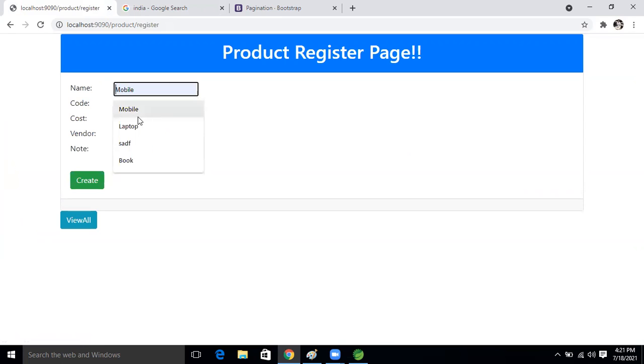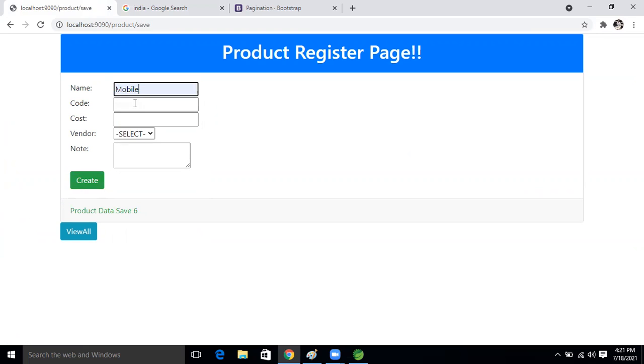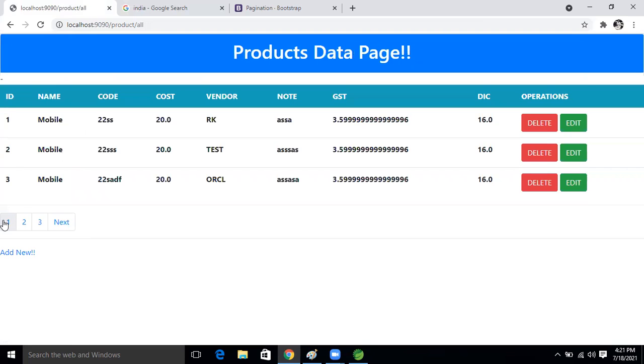Okay, so I'm putting some more data here, right? See this.